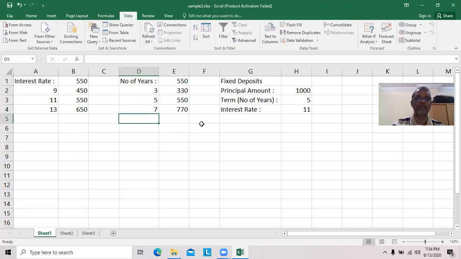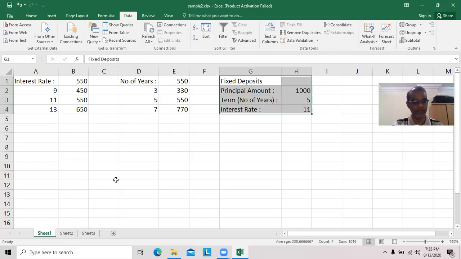This is called as one variable. Here also we are using only one variable. One variable column oriented. We are using only column wise. What will happen if one variable row oriented? We will see it now. In this case, values are placed column wise, input values as well as output values.